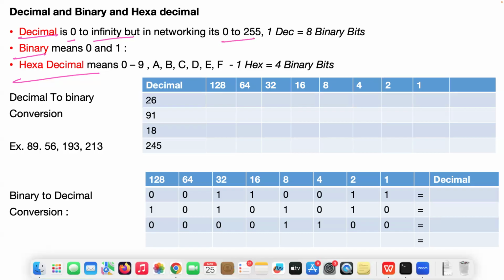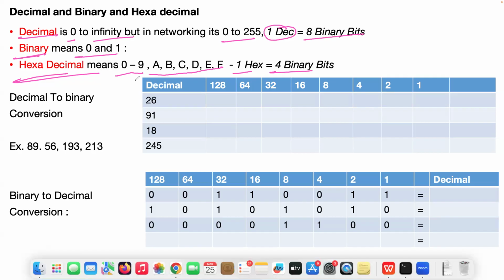It's always decimal. Binary means zeros and ones. Hexadecimal means 0 to 9, then A, B, C, D, E, F. 1 decimal is equal to how many binary bits? 8 binary bits. 1 hexadecimal is equal to 4 binary bits.